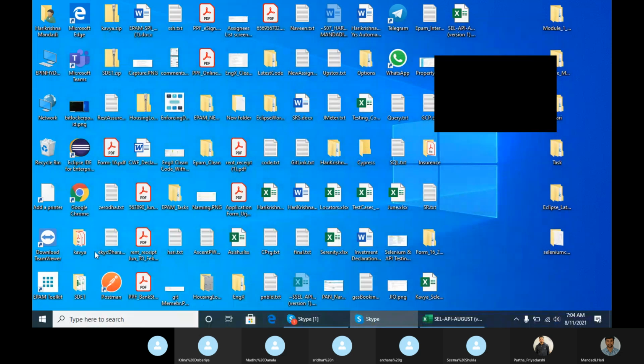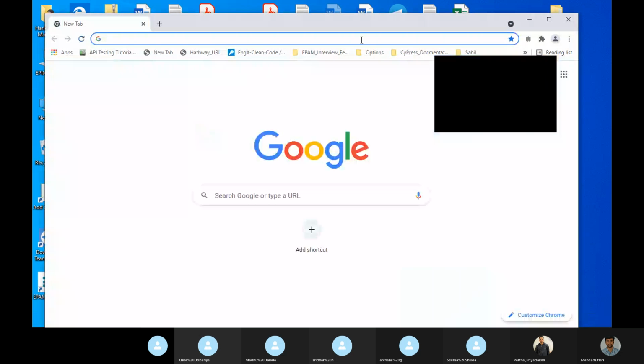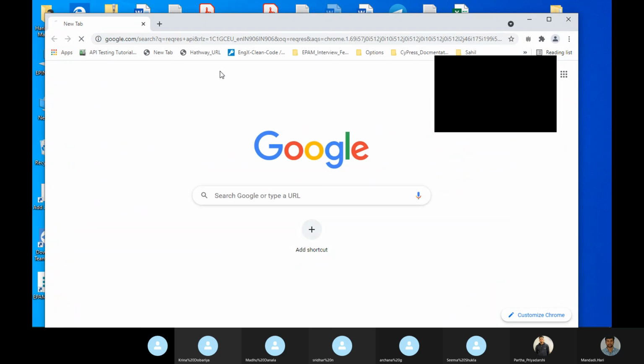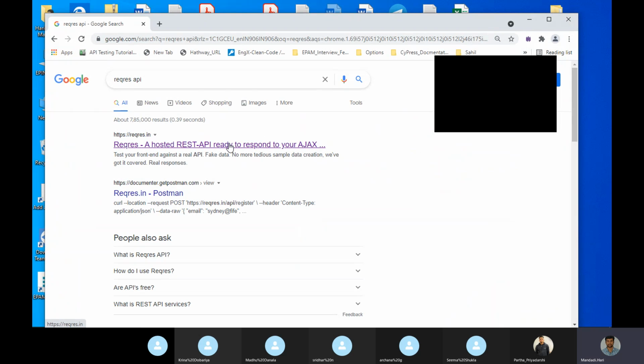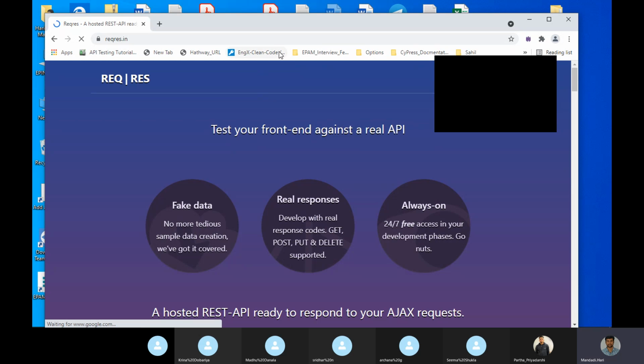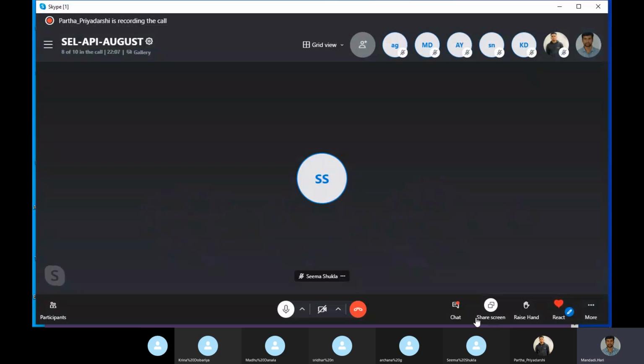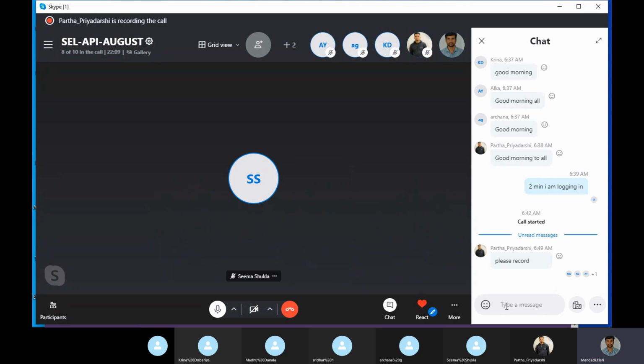Now we have one sample API to work with. Open this from your side, open the website as well.